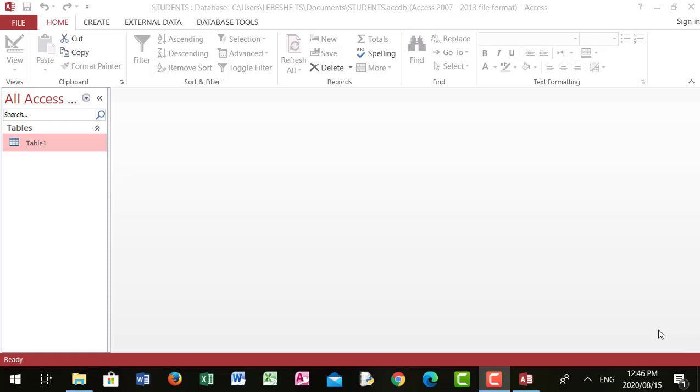Hello everyone, I'm here now going to show you how to create a query from a table. But firstly I will explain to you in a few seconds what a query does and what the purpose of creating a query is. A query in a database is when you want to retrieve certain information from the main